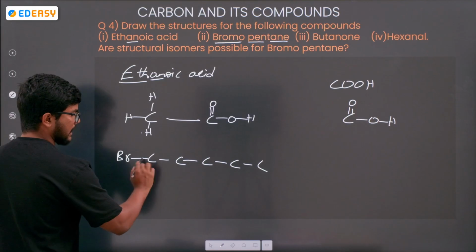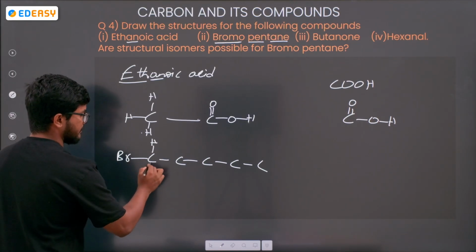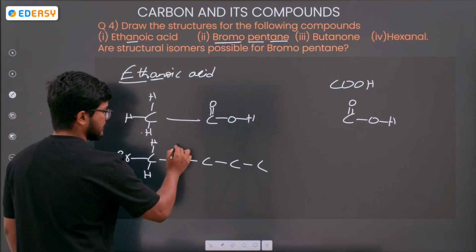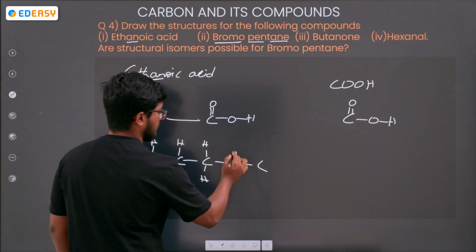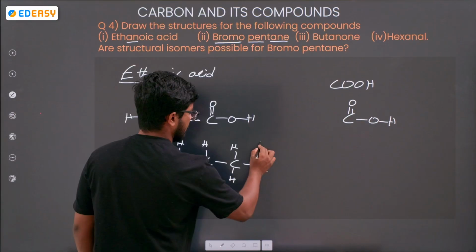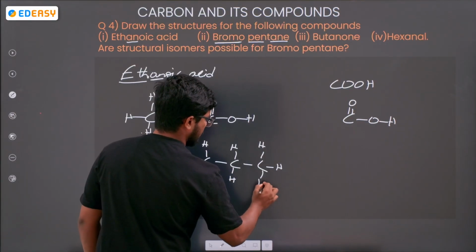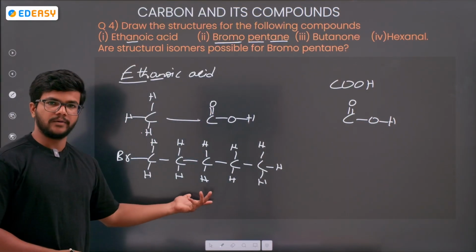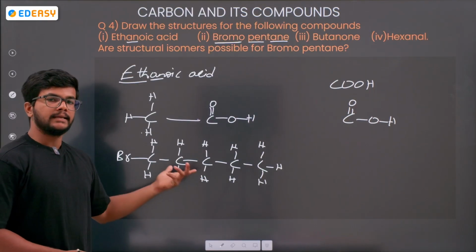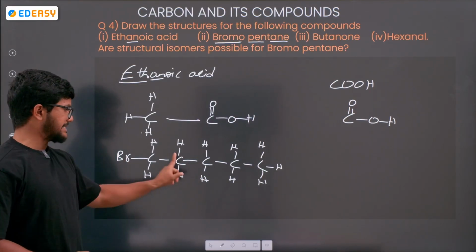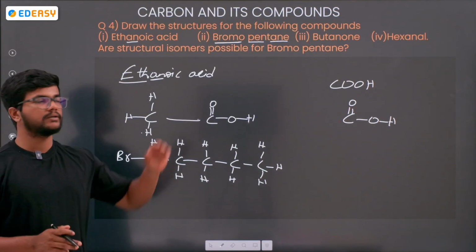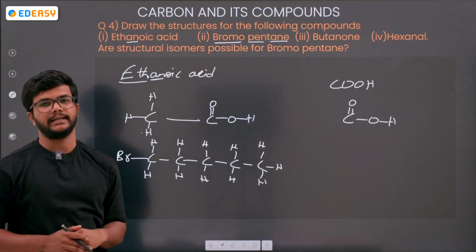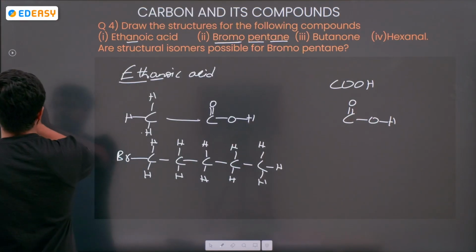So here this carbon is making 2 bonds, remaining 2 bonds can be hydrogen. Here remaining 2 bonds can be hydrogens, hydrogens here, hydrogens and hydrogen. Okay. So this is the structure of bromopentane. Bromo can be in the first position, second position, third, fourth, fifth, any position you can keep the bromo. They didn't mention the position, so you can write it anywhere. Okay. Next is